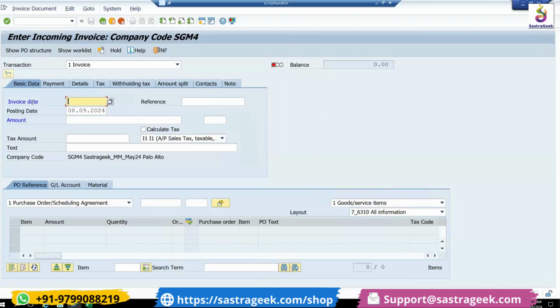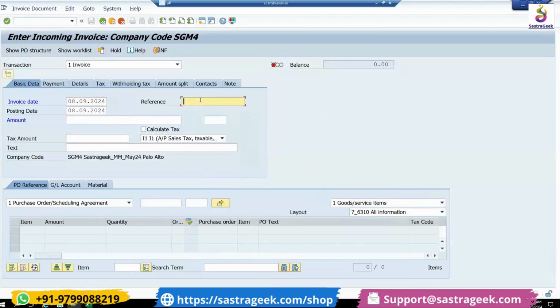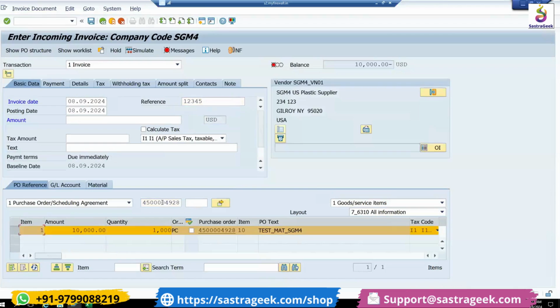So how to do it? Let's perform. The first thing is the invoice date. Let's say we have received the invoice today. Then we have to provide the reference. That reference is nothing but the invoice number. Your supplier will have certain invoice numbers based on their numbering systems. That number you have to provide here, and provide the purchase order number. Enter. Based on the pricing and the goods receipt you have done, the system will say there is a 10,000 balance. The system is automatically showing you the 10,000 balance. If the invoice also says 10,000, and you provide 10,000 here,